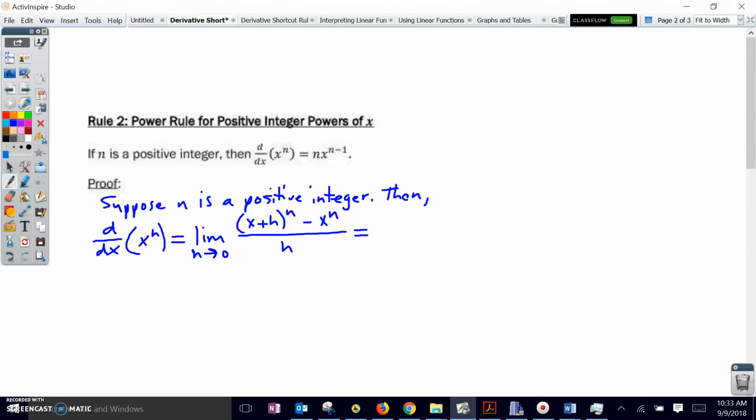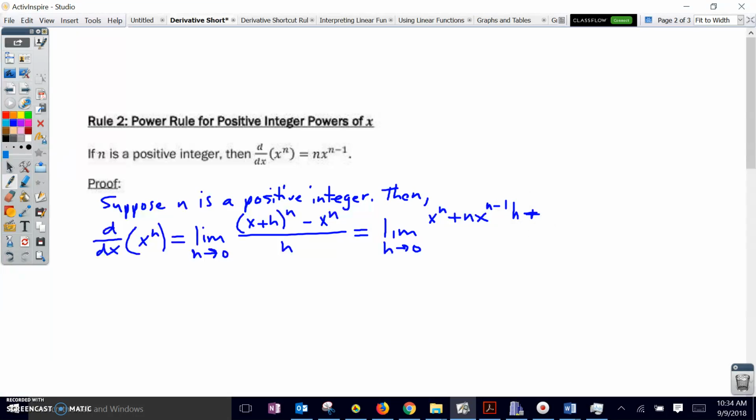But think about what happens when we expand x plus h to the second, x plus h to the third, x plus h to the fourth, etc. There's a very distinct pattern that we can see whenever we expand something of the form x plus h to the n. And we're going to utilize that to our advantage here. This is going to be the limit as h approaches 0 of x to the n plus n times x to the n minus 1 times h